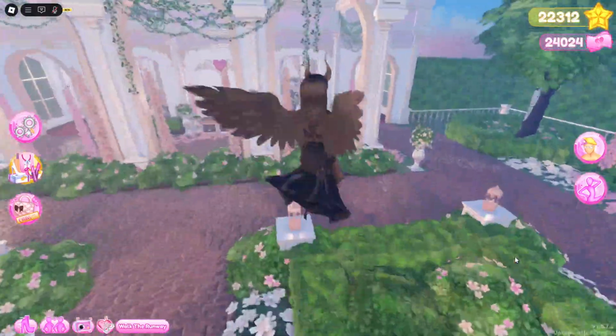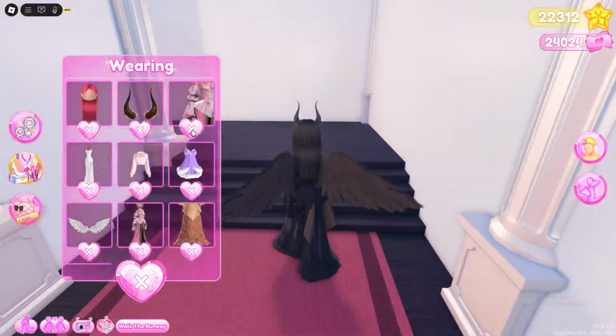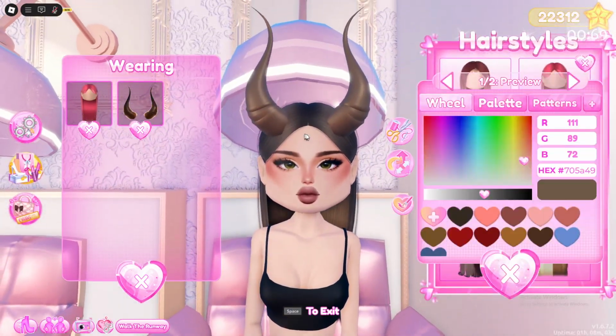In this video I'll be showing you guys how you can create Maleficent on Dress to Impress. I'm going to remove everything except for the horns because I did use adjustments and hopefully I remember everything that I used. For the hair, I used this hair in this color